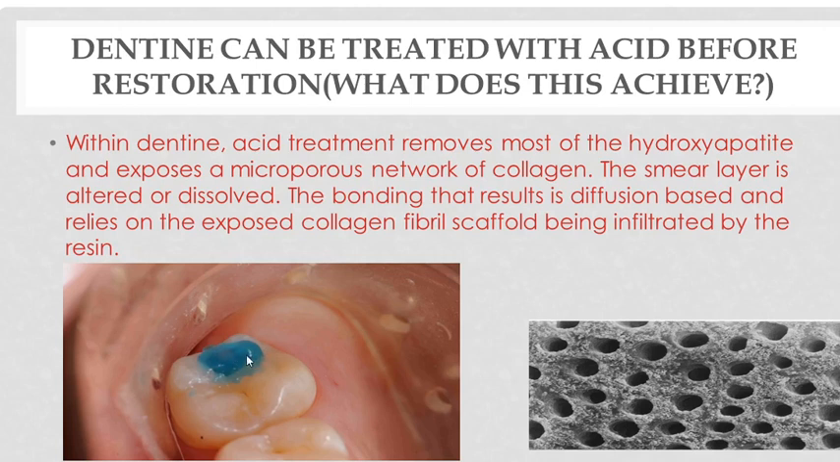This is the acid etchant. We place it on the enamel and then the dentin, and then it's washed out with water and then dried. We dry it with the syringe, and then after drying, we put the bonding. Okay, we put the bonding. This is how it looks after acid etching of the